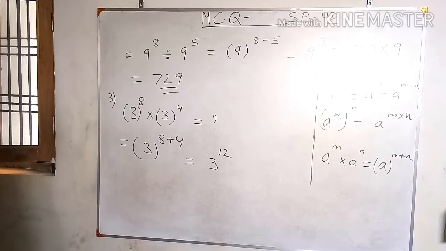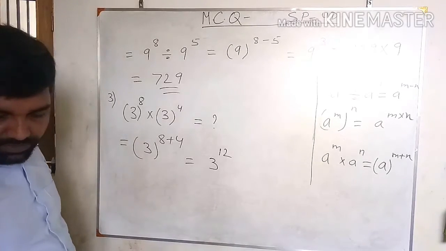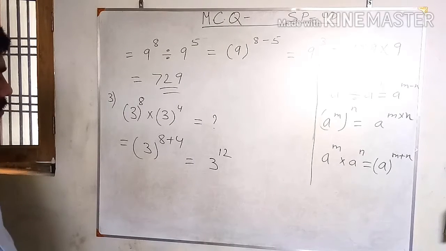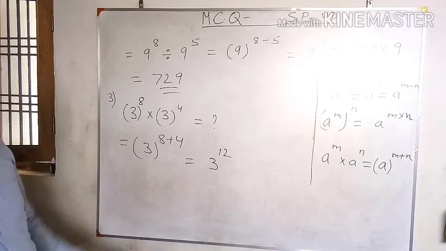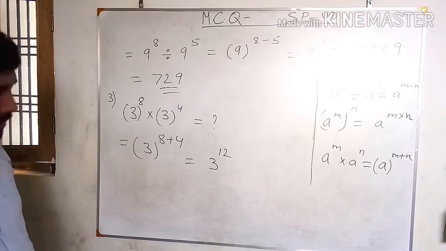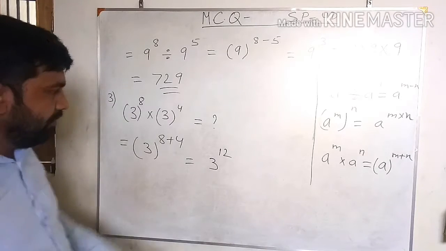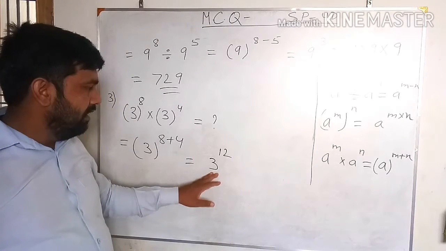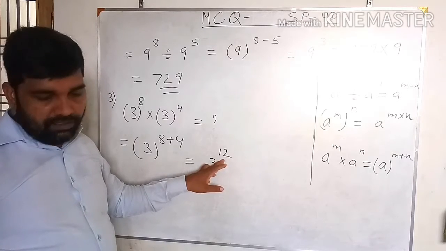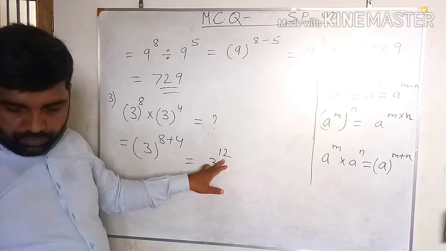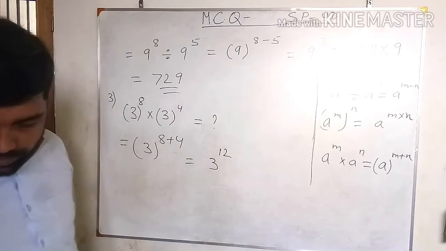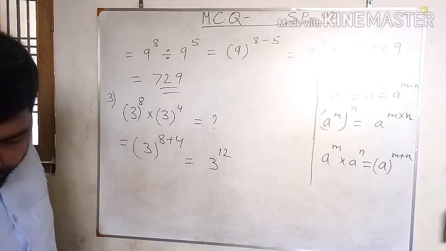Now here we have to find its value in the form of a cube. It is given here 27 cube, 27 to the power 5, 729 square or 729 cube. So we have to find this answer in that form. So we have to find its value in the form of 27 or 729. See, if you make a cube of 3, you will get 27. Cube of 3 is 27 and this term you can write as 3 to the power 4. So 27 to the power 4, but here 27 to the power 4 is not there.